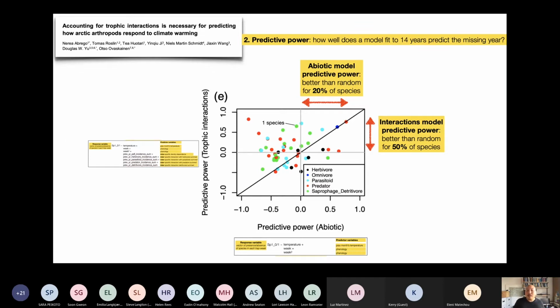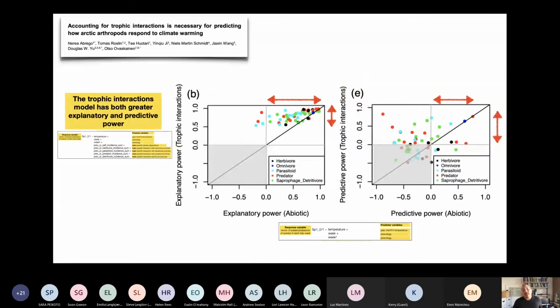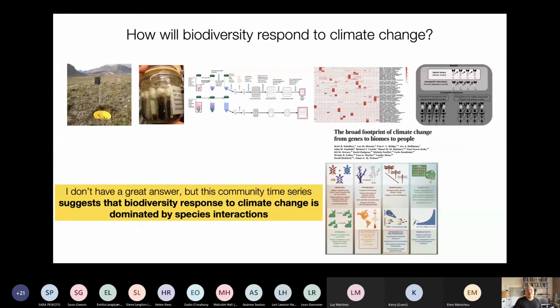So it seems really quite useful to have other species in your model. This is evidence that species interactions are helping to govern presence and absence as climate has changed, right? And the correlative approach, which is the abiotic model, won't tell you that. So I'd say the conclusion here is that the trophic interactions model has better power, but it also means that the correlative approach generally in predicting biodiversity responses to climate change has got real problems with it. So I don't have a great answer to how biodiversity generally will respond to climate change, but given